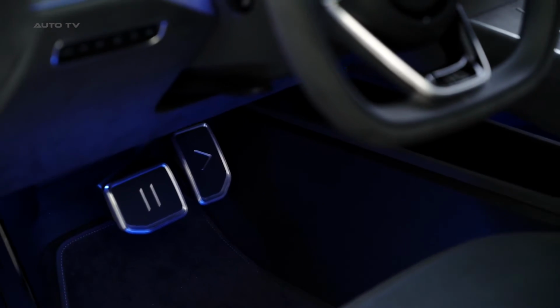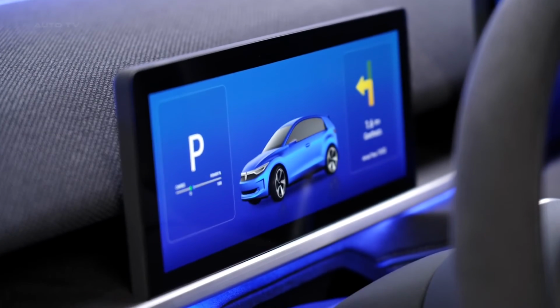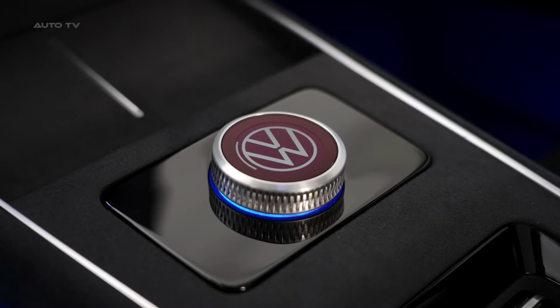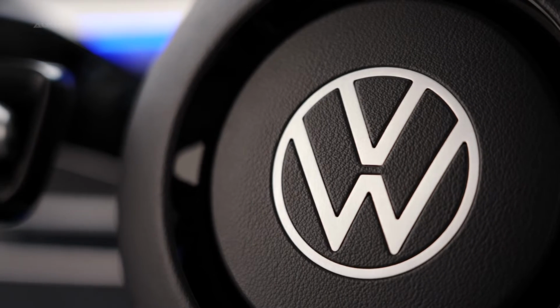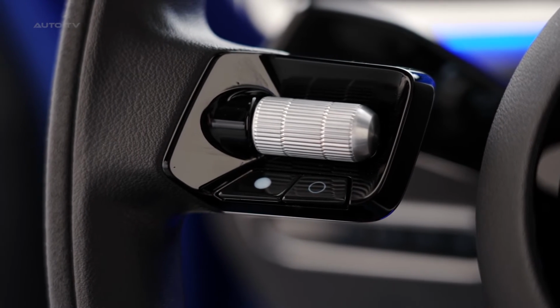The ID2 All is an exciting new development for Volkswagen that aims to bring electric mobility to the masses and make it more accessible to customers. It demonstrates a commitment to modern design, innovative technology, and superior build quality that will appeal to a wide range of buyers. With a competitive pricing model, the ID2 All could be an important step in ushering in a more